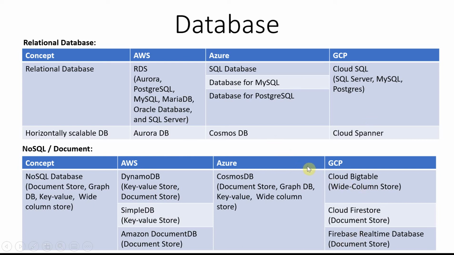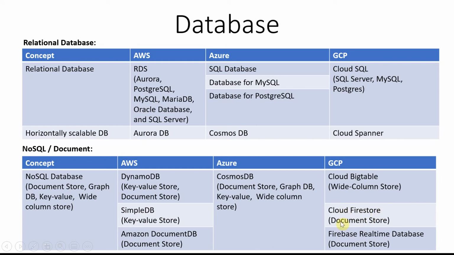Okay, looking at the GCP side for the NoSQL, everything is Bigtable. Bigtable is their solution for all the NoSQL requirements. This will suit all, but the only thing is it is a wide column store DB. But if you're looking for a document store category of NoSQL, then Firestore is the solution.